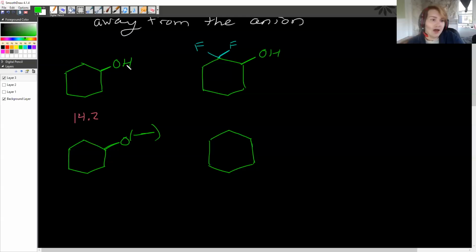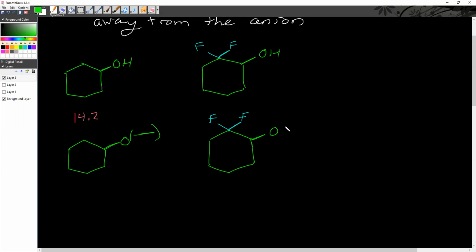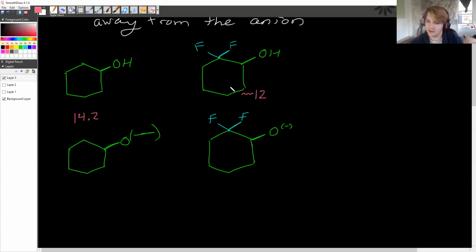Okay. So for this fluorinated compound, what we notice is that this negative charge has decreased to a baby negative charge. It's small, it's tiny. And what we see is that this negative charge is probably somewhere around 12, somewhere around there. That is not a negative sign. That's a tilde. That's like an about sign. So don't confuse it. And the reason is, well, why? Well, the reason is that remember that fluorine,